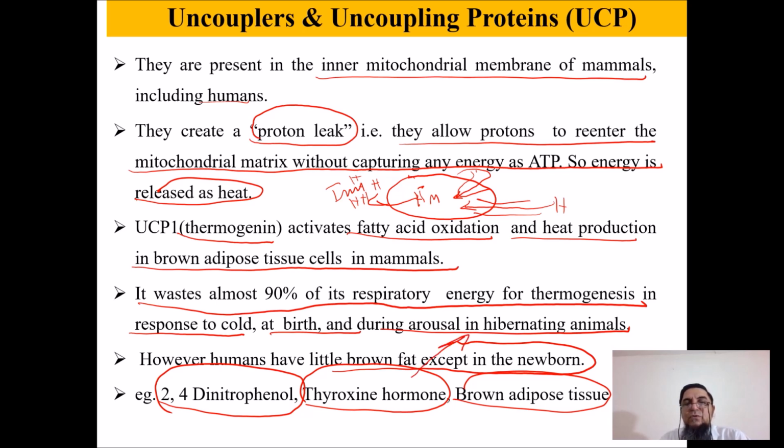So in addition to the increased basal metabolic rate, these people have this uncoupling mechanism as well. So oxidation will go on, but there will be no phosphorylation, and then these people will be heat intolerant. They will have too much heat, and in cold weather they will not wear any extra garments.